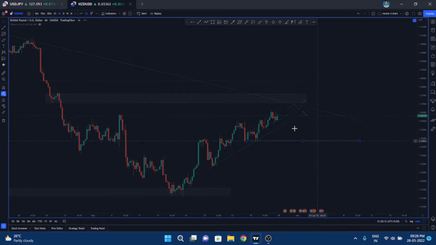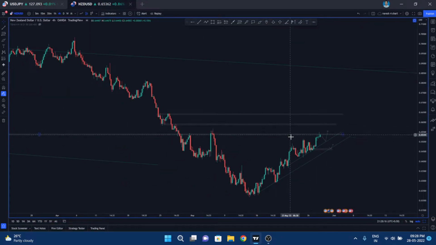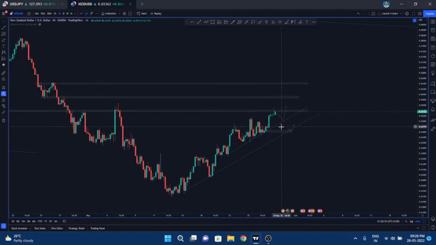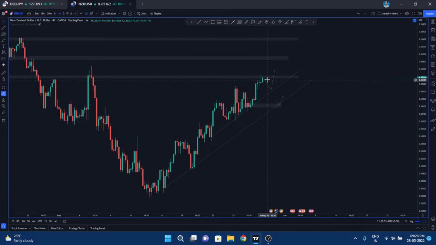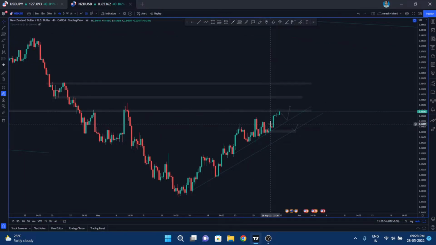Okay. Next would be NZD USD, guys. Similar to AUD USD, it is in a 4 hour uptrend and it is super bullish compared to what we have seen in AUD USD. Wait for the pullback to this level, guys, and you can look for long entries from there. So the first target would be this area and the second target would be this area, guys. Again, the resistances have already been reached. You can wait for a pullback and target this level again. And if it is breaking this resistance, then the next target would be this area.